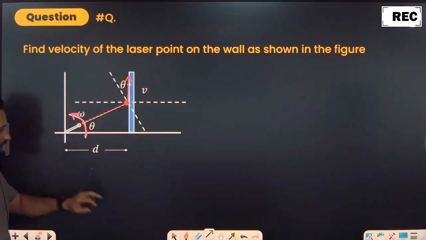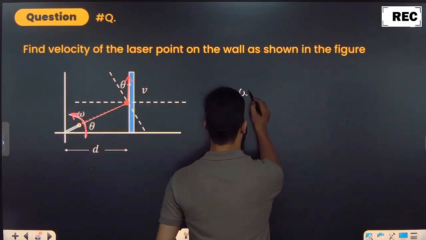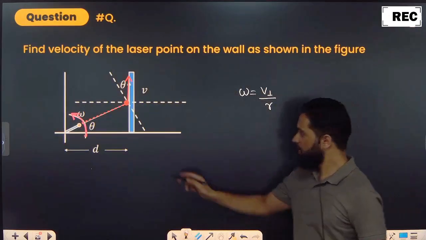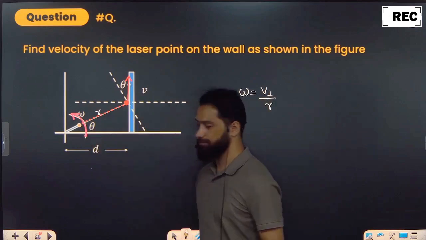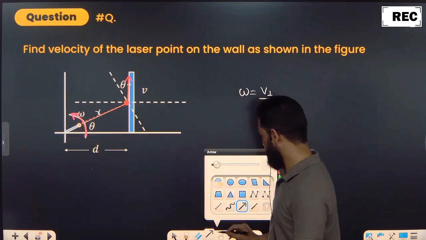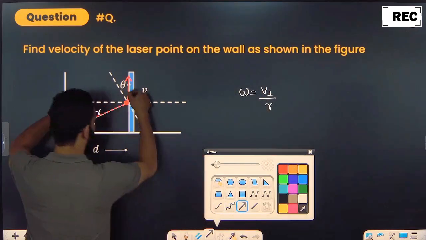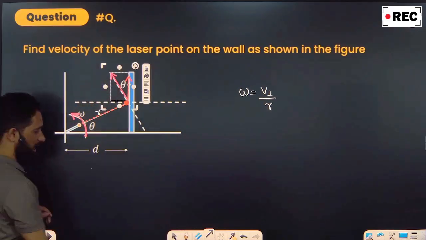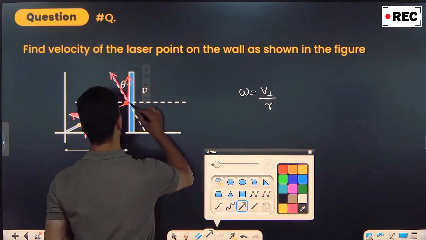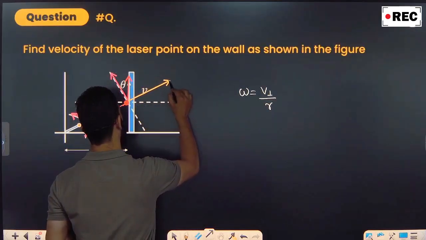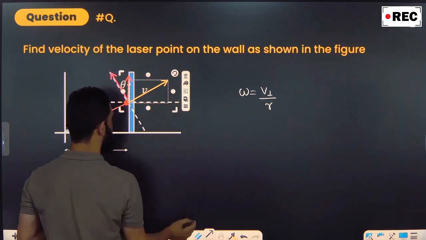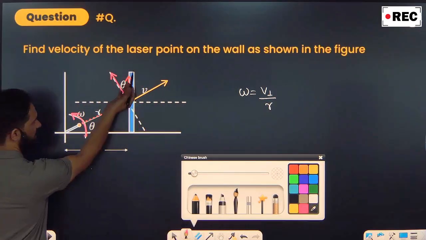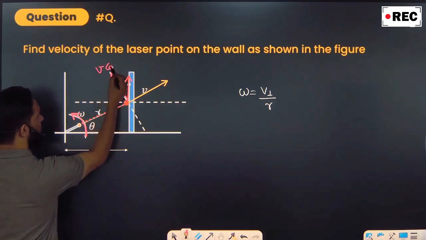So I'll say, first what will be the value of omega? Sir, the value of omega is the perpendicular component of velocity upon distance. Let me say this distance is r. Which is the perpendicular component? Can I say whatever this velocity is, it basically has this perpendicular component, and it will also have maybe this horizontal component, right? What value does the perpendicular component have here? Is it v cos theta or v sin theta?